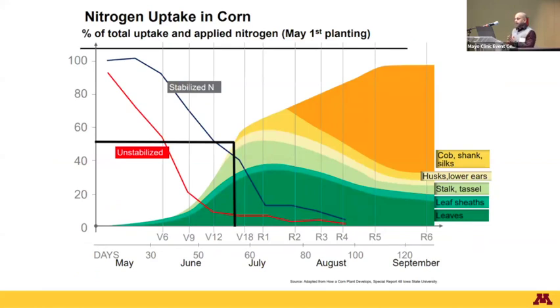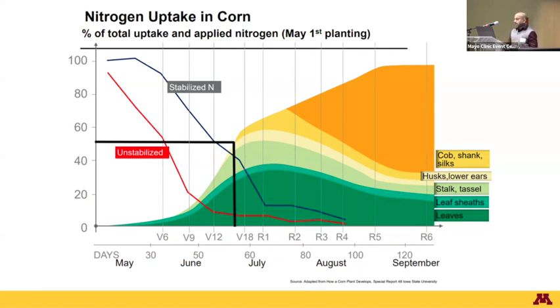So in the previous slide, I went over the different types of nitrogen stabilizers. And in this slide, I want to show how the nitrogen released from the stabilizers works in accordance with the crop nitrogen uptake. This graph here shows the crop nitrogen uptake during a typical corn growing season. The area under the curve here shows the plant nitrogen uptake. You can see that the plant actively takes up nitrogen mostly between the V9 and V18 growth stage, from late May to July, when we need to ensure that nitrogen is not limited for plant growth and there's sufficient nitrogen